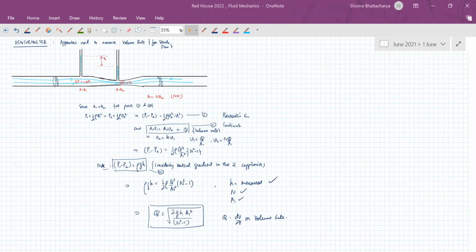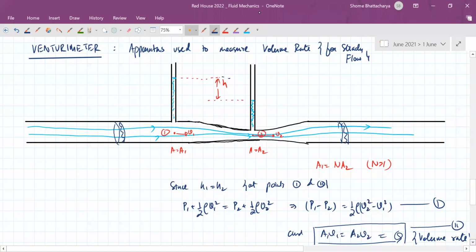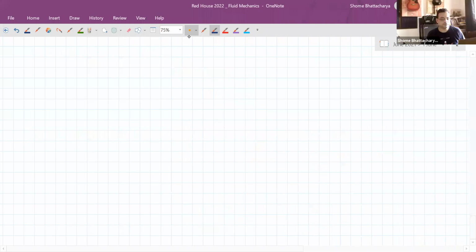Okay, now next on to another standard application of Bernoulli's equation. Now notice that whenever we use Bernoulli's equation, it is always in association with the continuity equation. So that will typically happen for any physics problem. Bernoulli's equation is rarely used isolated as a single equation. Always in any numerical application, you will have to simultaneously use the result from Bernoulli's equation and the continuity equation. Anyhow, so next thing we'll see is